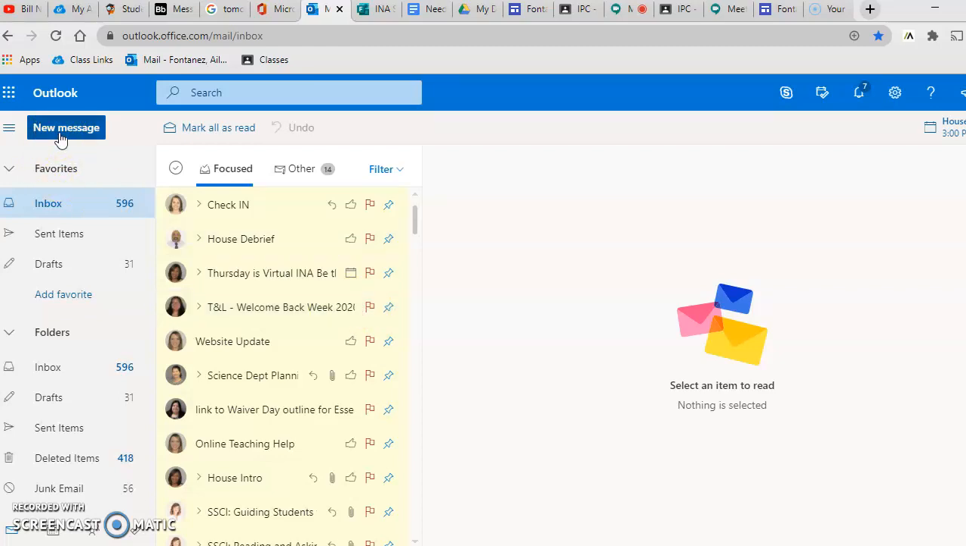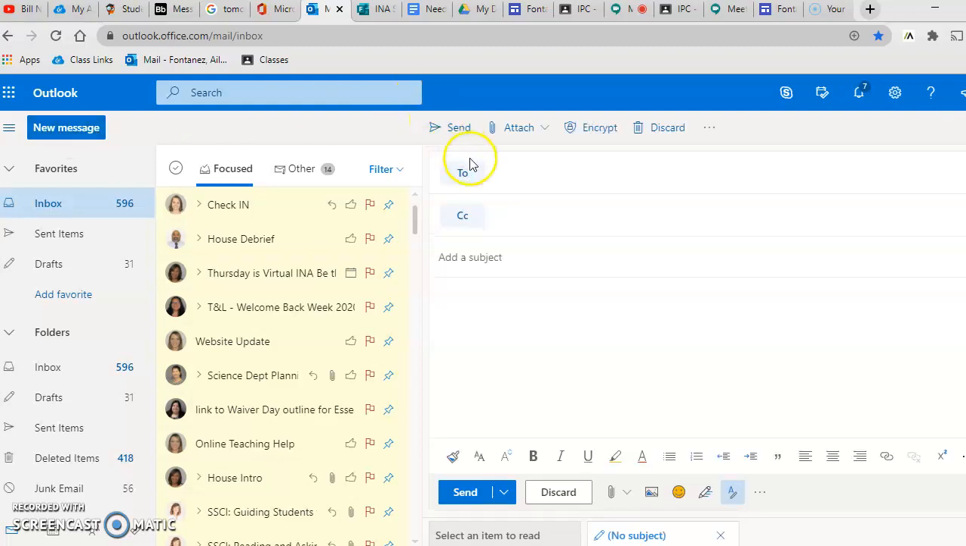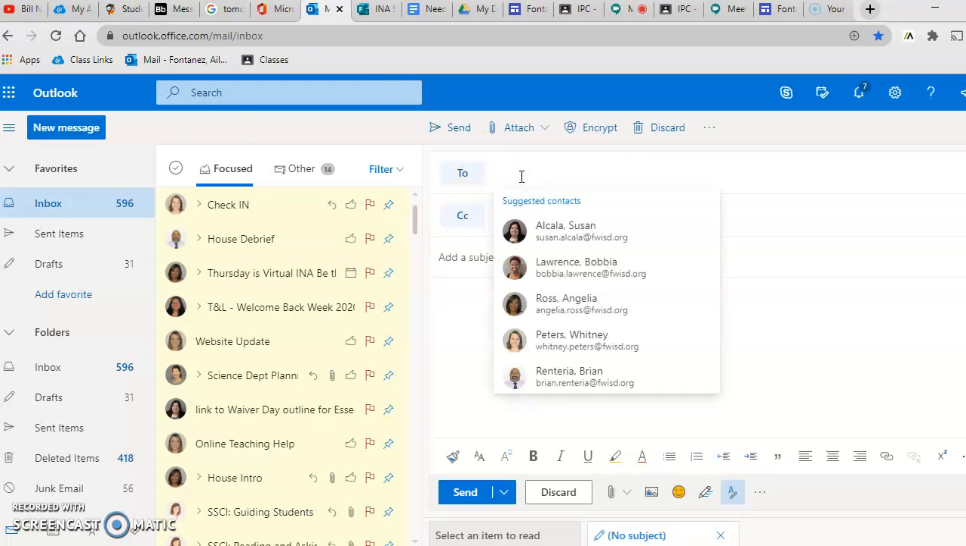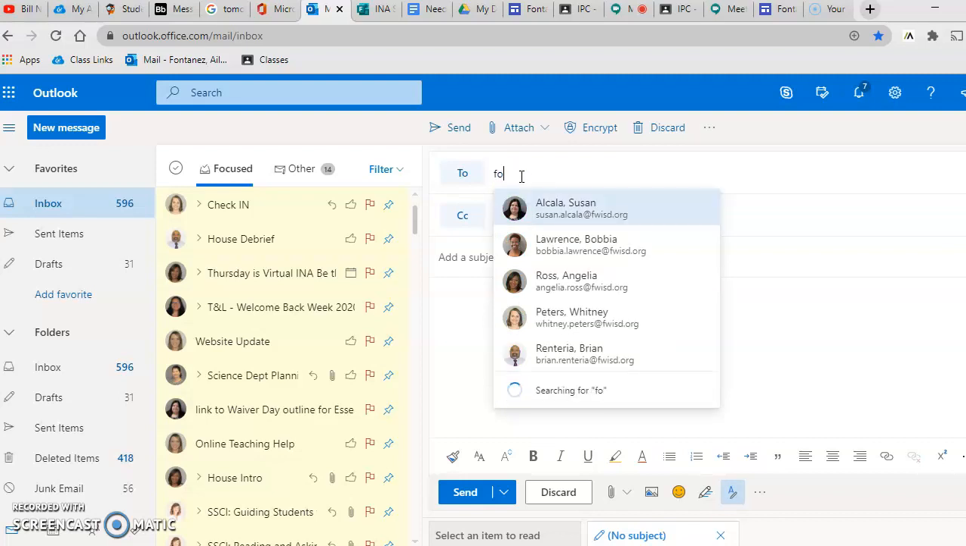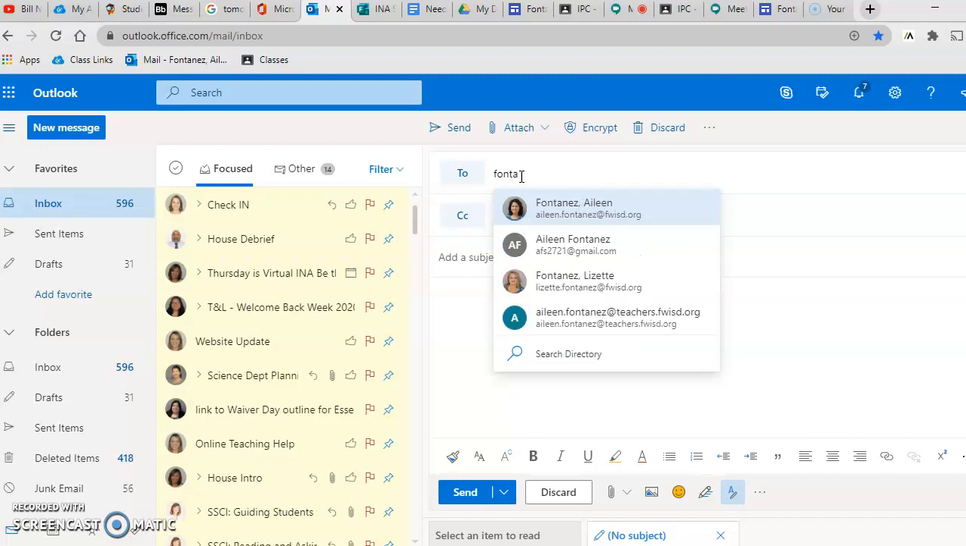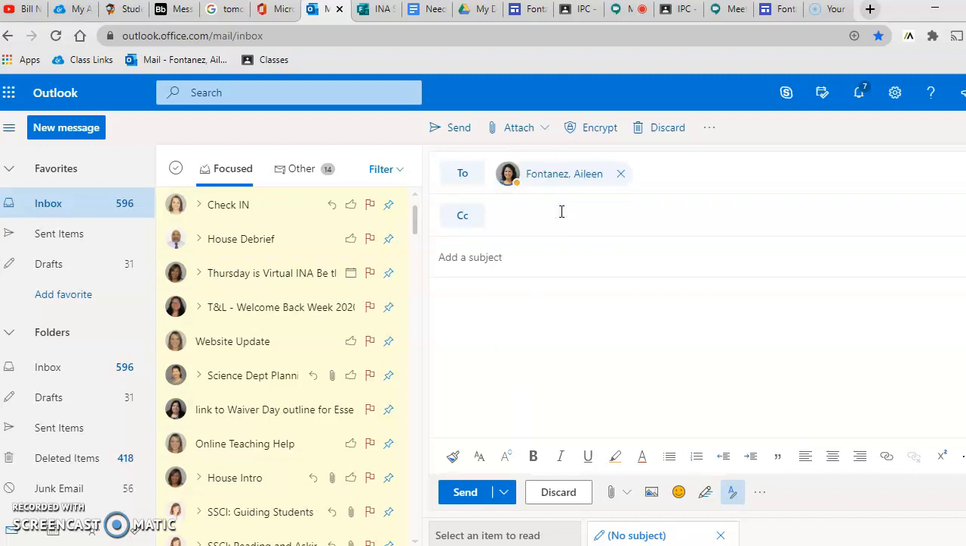When you want to send me an email, press New Message. If you don't already have my email address, that's all right. You can just start with my name. And you can see, even without you printing the whole thing out, you'll see my name. And then you can write the subject and send me whatever it is you need. Okay? If you go over to here where it says the inbox